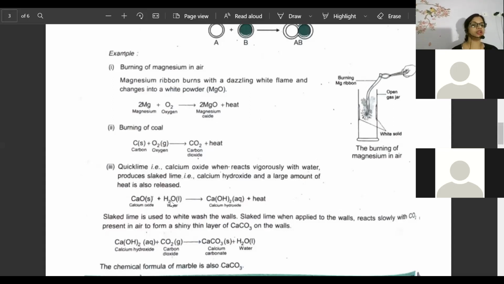What they were doing is take lime, add water to it, make it liquid, then add colors, and then paint the cement wall. So what will happen when you paint the cement wall, beta? The calcium hydroxide is there. When calcium hydroxide reacts with carbon dioxide, calcium carbonate will be formed and water will be released.